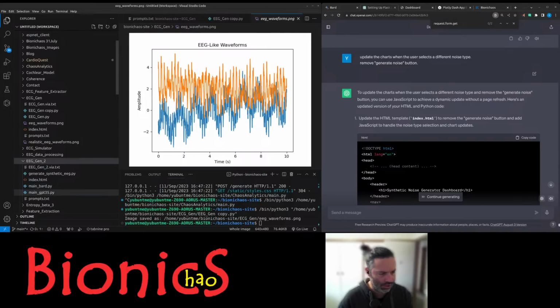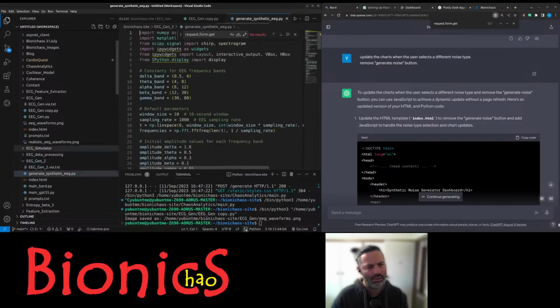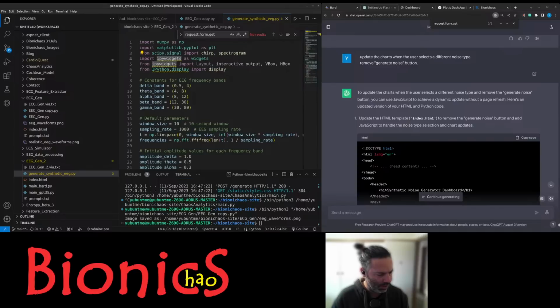Synthetic EEG, but right, this stuff, it doesn't like it because what's happening with my